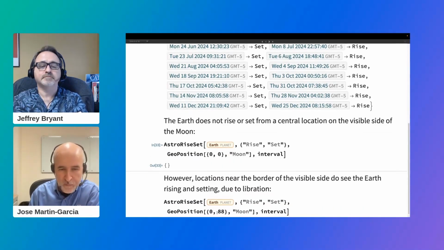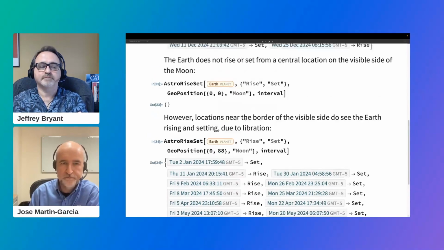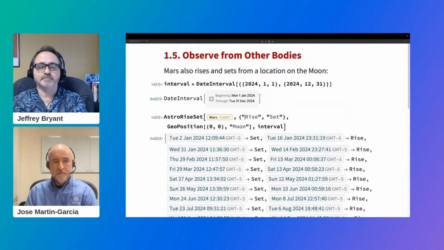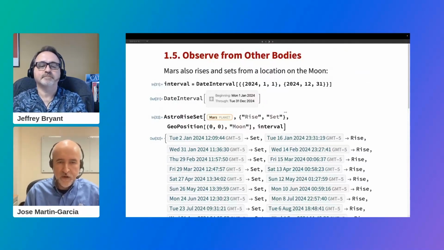If we go to the border, like 88 degrees longitude, now because the moon has a little bit of oscillation called libration, then from those points, the Earth does rise and set. And we get here the date. So you see how it all depends on the dates and the location. Okay, so that's all for Astro Rise Set. You can observe anything from anywhere in the solar system and compute various